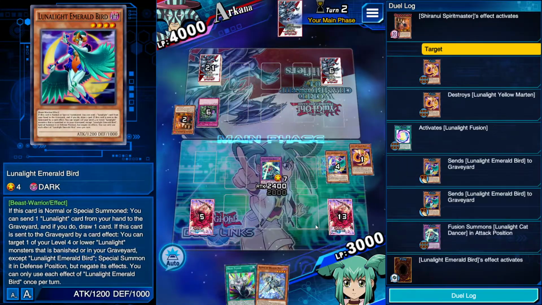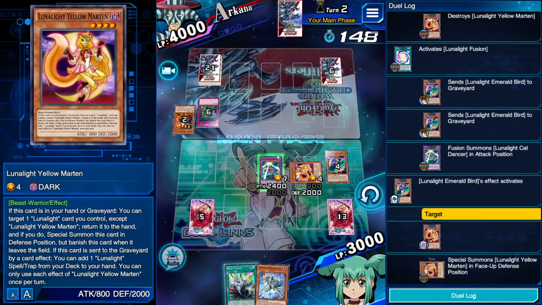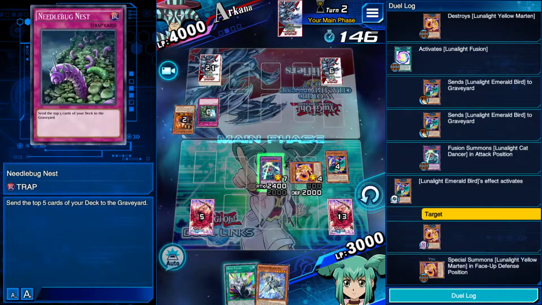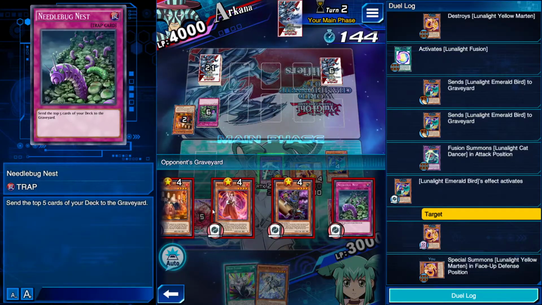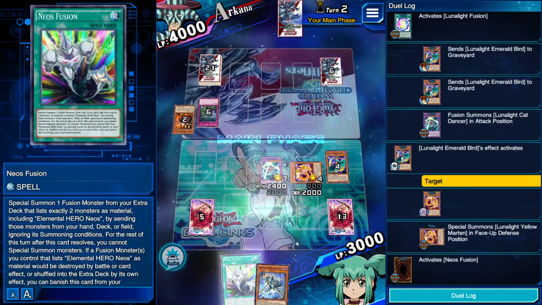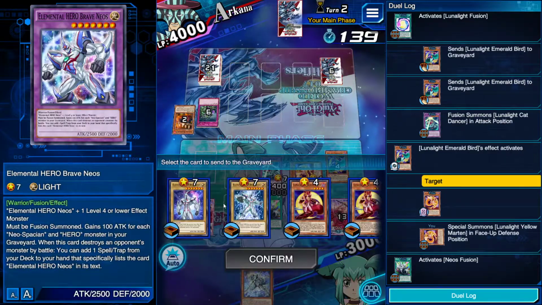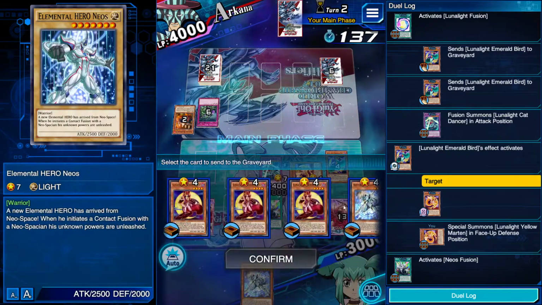So we'll activate Bird just to give us Martin back. And we don't actually have to tribute here. You don't have any bacons, right? So unless he has a Kiteroid in his hand, he loses. So this is the power of Neos Fusion along with the...